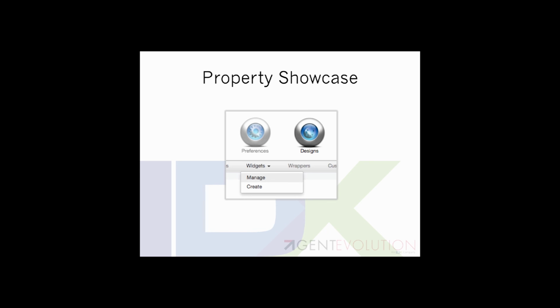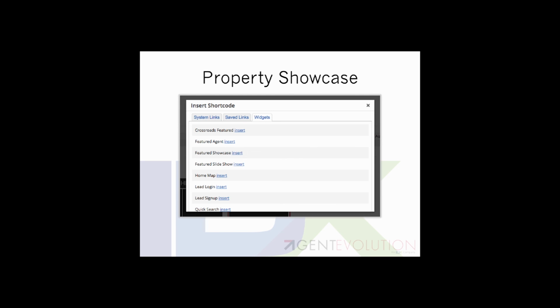So once you have your widget created, and you refresh your WordPress, it's going to be available in your widgets, both in your widget area to use on the home page, footer, sidebar. It's also going to be here in the insert shortcode window that we've been looking at. So I would create the widget. You have to make sure that anytime you create that content, there is a refresh button within the IDX Broker